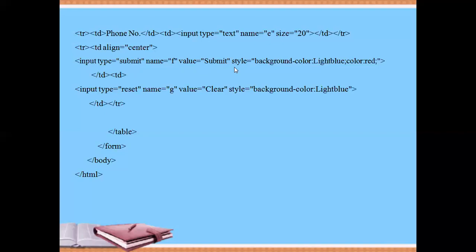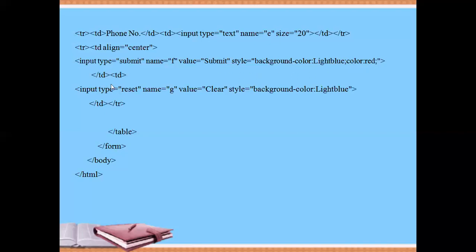Now I'm going to introduce the style attribute here for the inline CSS part. So in the style, put both the colors, background color colon light blue, semicolon, color colon red. So background color is for the BG color and color is for the text color. So background color will be light blue and text color will be red.